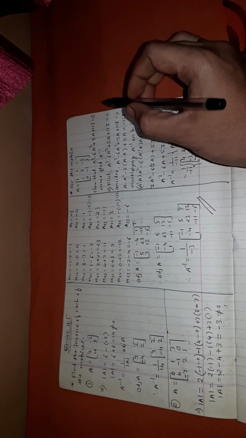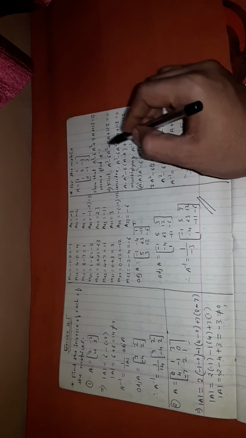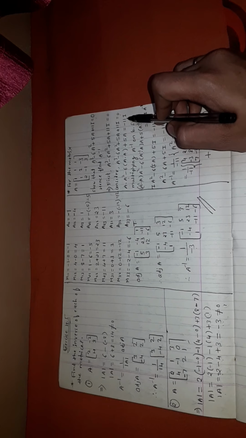Now one thing you keep in mind in such questions: if the equation is given and you want to find the A inverse value, first you have to consider that equation, and as usual you keep these two terms, and the identity matrix term we have to transfer to the other side, that is the RHS part. Okay, so plus 11I becomes what? Minus 11I. So once you transfer, next step, multiply A inverse on both the sides.